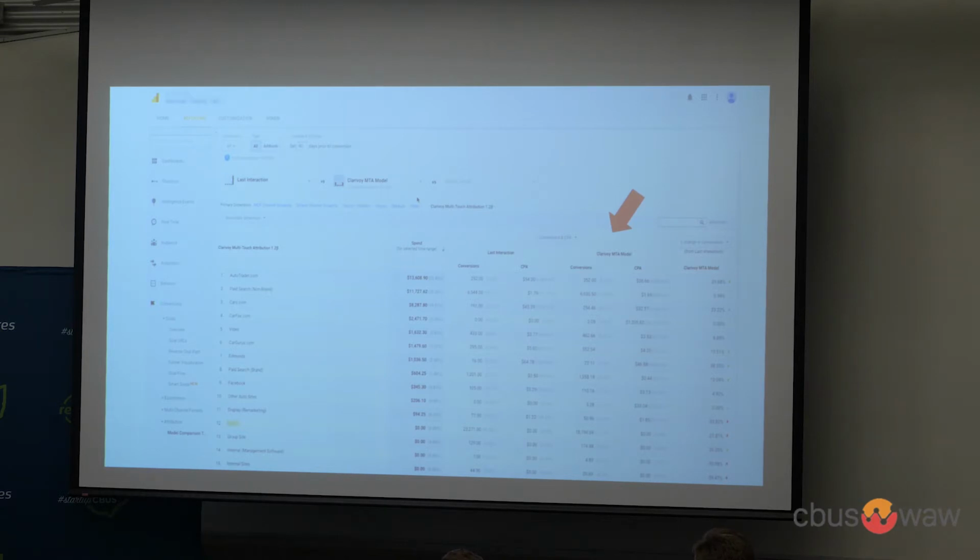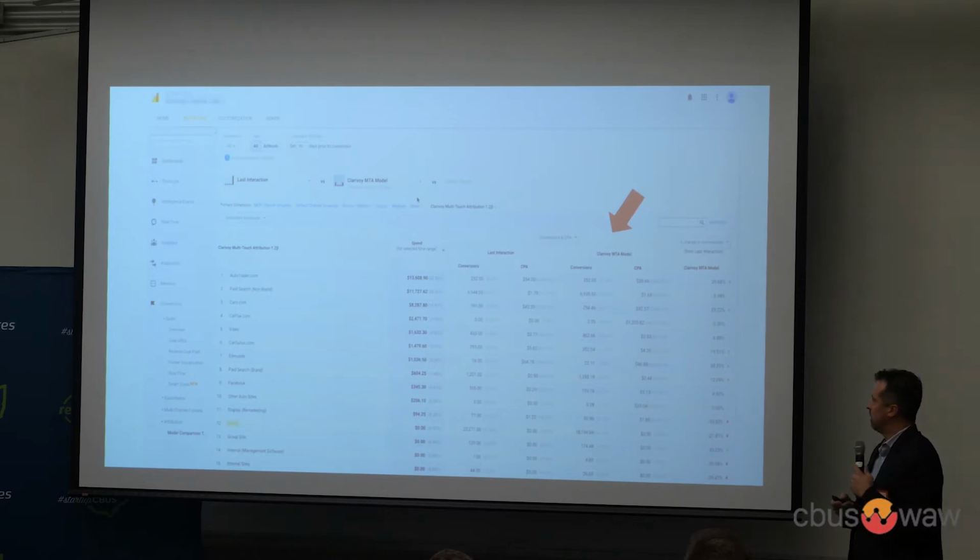But this is one of our clients. This is their Google Analytics page, and I just want to point out something here. This is how, as we take our dealers through this, I don't know how well you can see that or how blurry that is on the screen, but Auto Trader, for example, at the top, they're spending $13,000 a month for Auto Trader. Under last click interaction, it was driving 252 conversions for a cost per acquisition of $54.